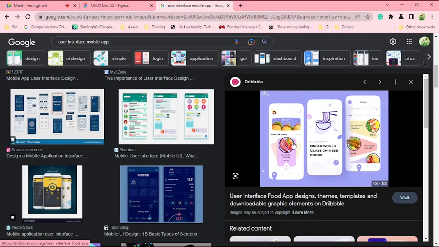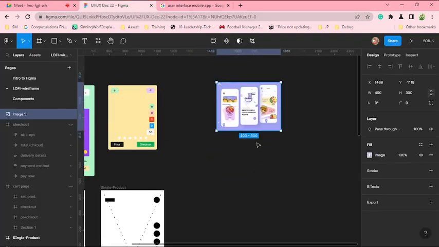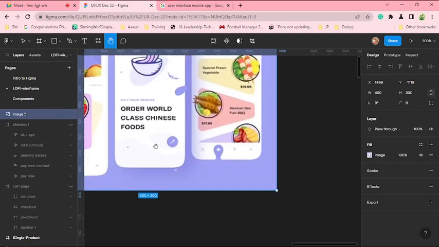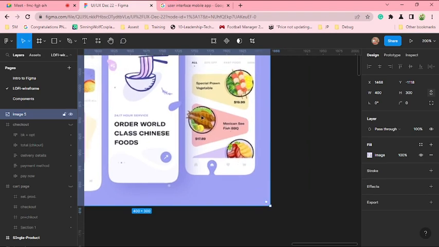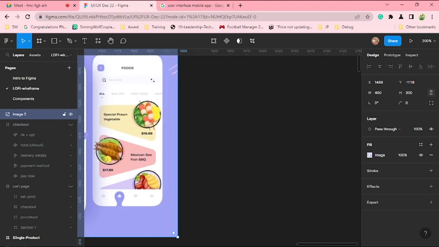So let's just try to design this. I like this design. It makes sense. I like the way the designer used colors, and it's very nice. So let's zoom in and try to do something like this. I'm not going to design the entire screen from scratch, just this component, this single card. And I want us to use auto layout so that we can have a proper understanding of how it works. So first thing first,